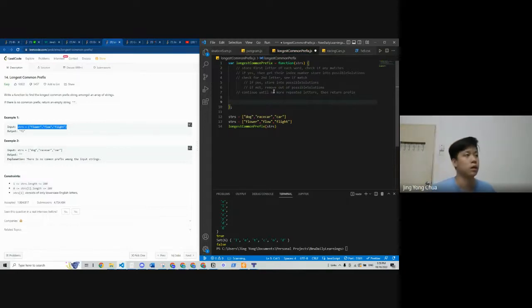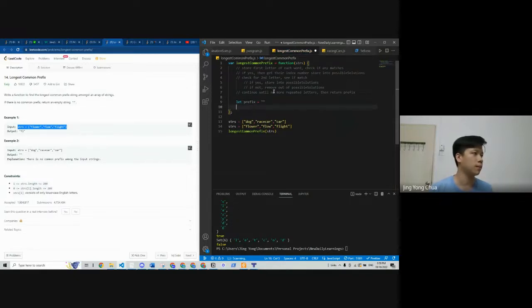Okay, so yeah, let's put let prefix equals to, let's default it to this.